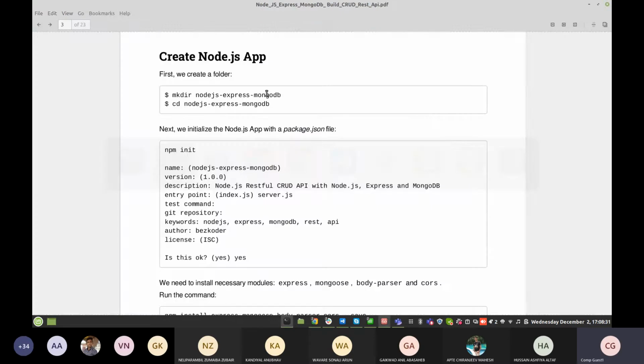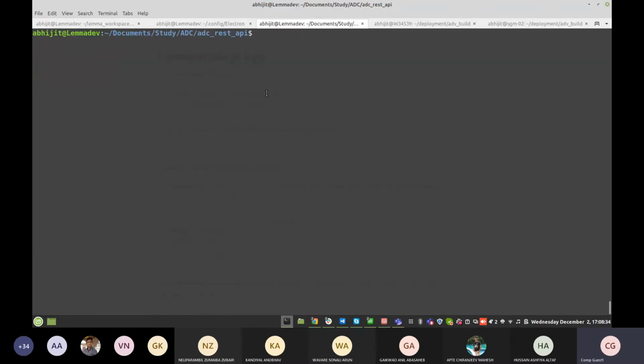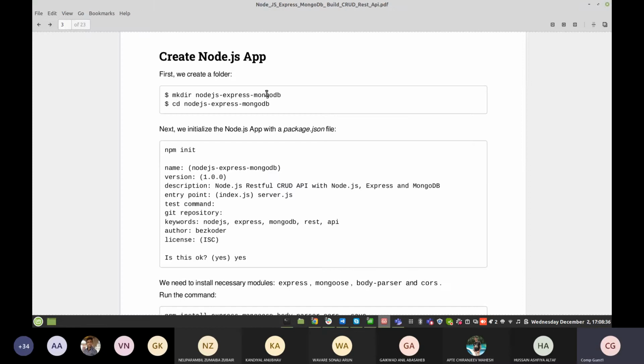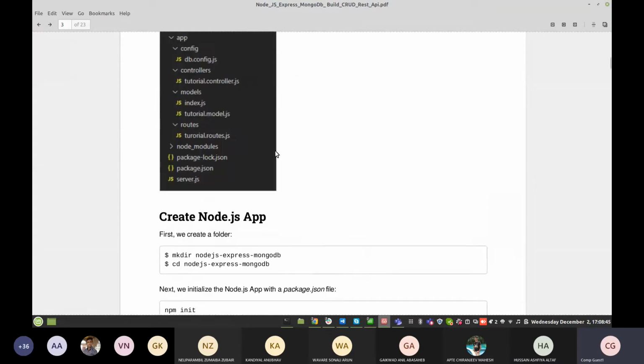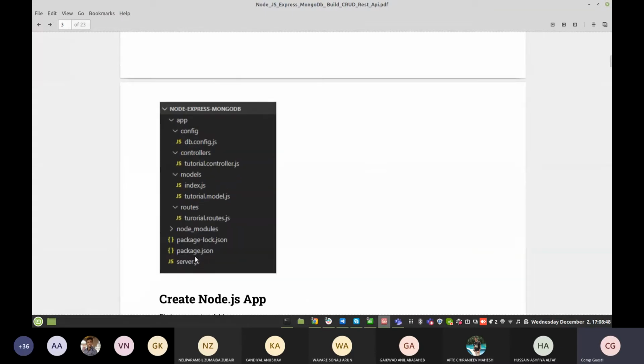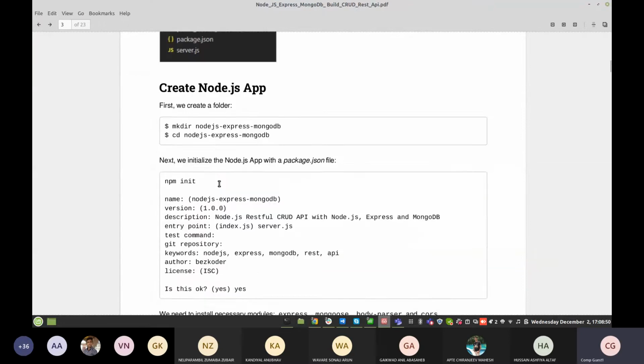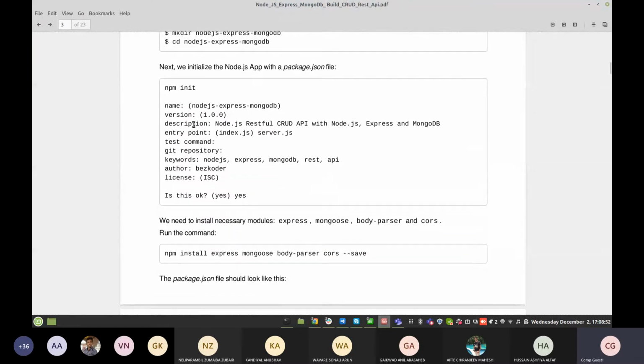There is a command, npm init, that automatically initializes your structure. Whatever minimal files are required for your structure, the package.json file is created automatically. It asks a few pieces of information, so you put the appropriate information in your console itself: name, version, description, and what the project is about. Then the test command that you need to specify.